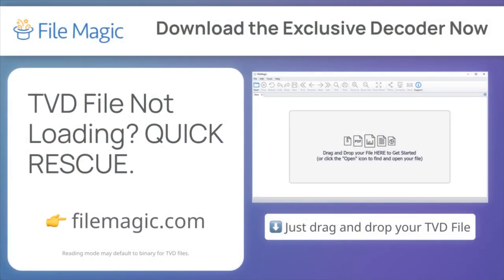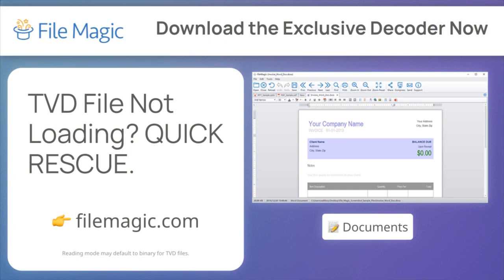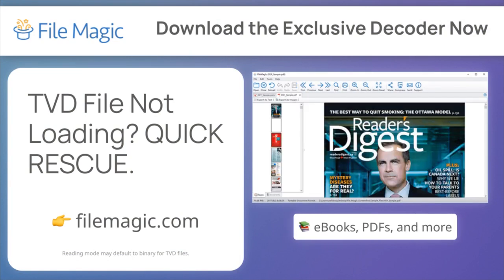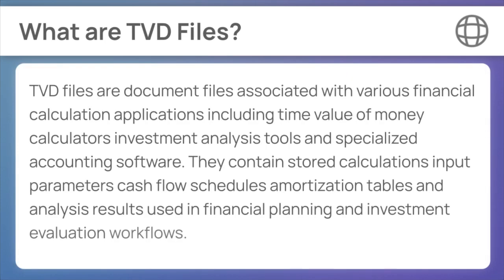Preventative action. I strongly suggest keeping a universal file reader on standby. It often gives you access to the contents even when the TVD format fails. More on this later. TVD files are document files associated with various financial calculation applications, including time value of money